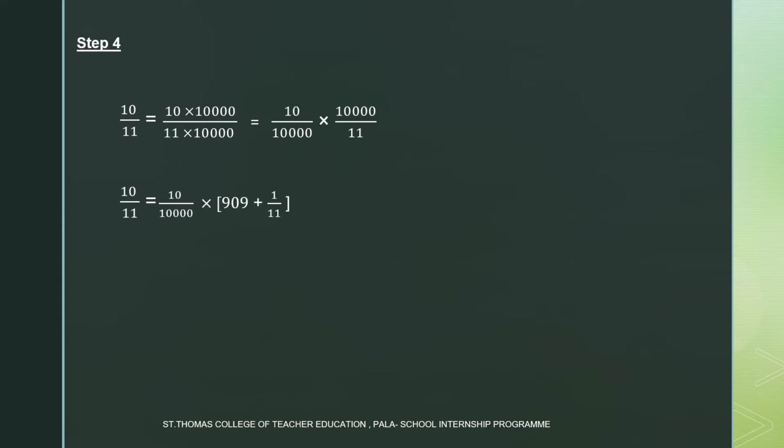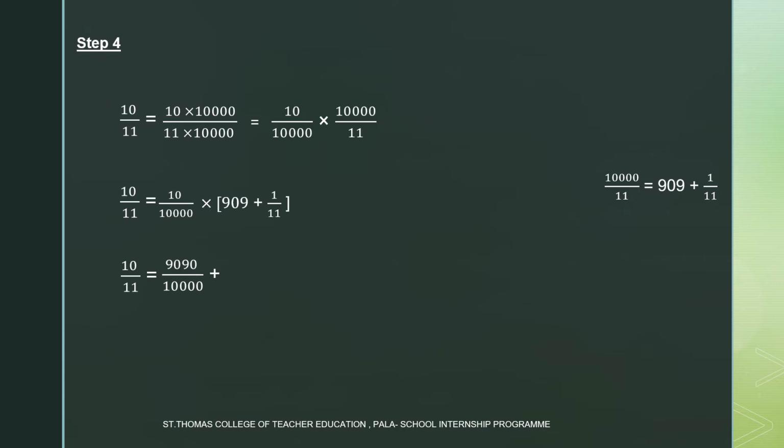So, step 4. Considering 10 by 11, multiplying with 10,000, splitting it as 10 by 10,000 into 10,000 by 11. Again, there is no change for the first fraction. We are replacing 10,000 by 11 as 909 plus 1 by 11 and applying distributive property and we get the